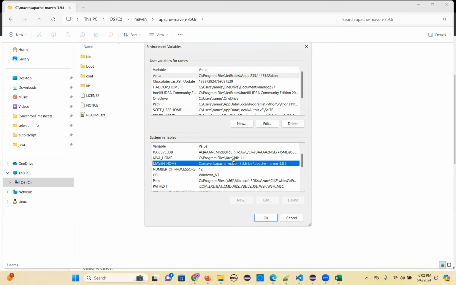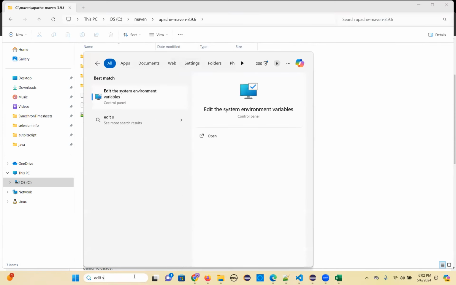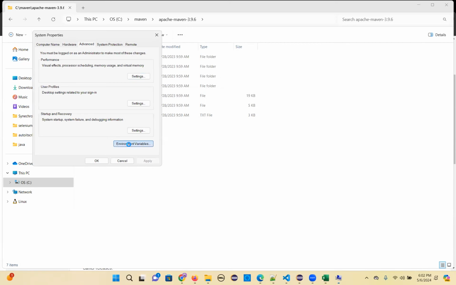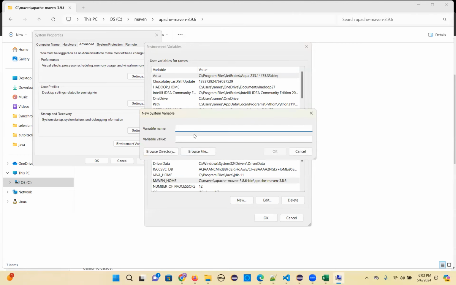We set the Java also, and I'm setting Maven here. So let me edit system environment variables. Otherwise, if you don't have it, you just click on this and create here,